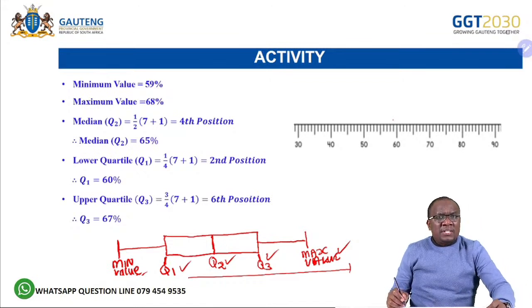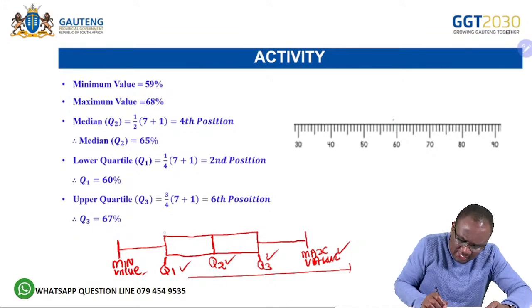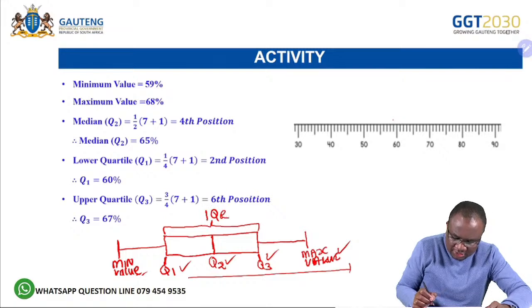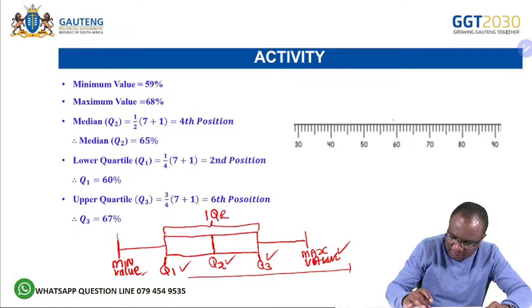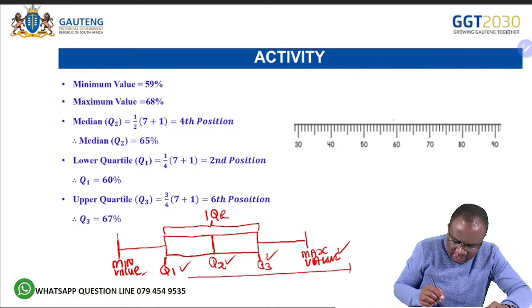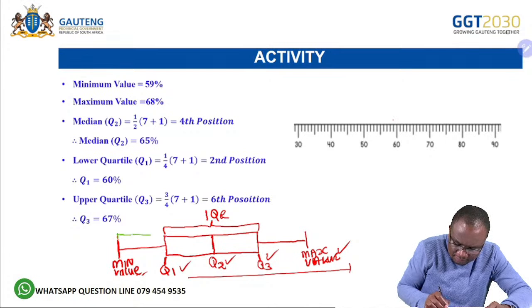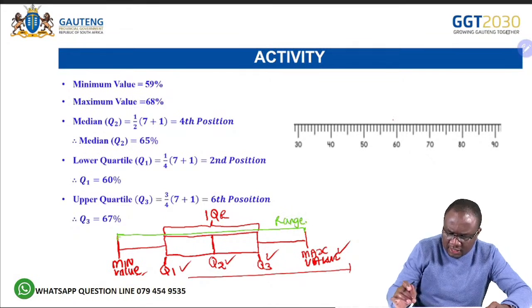Okay. What else? We also talked about this gap between quartile 1 and quartile 3. We said this gap is what? It is the interquartile range. And then the gap between the maximum, let me use just another color, I don't have space here, between the maximum and the minimum, this gap here is the range. That's the range. Okay, that's the range. Right, now,